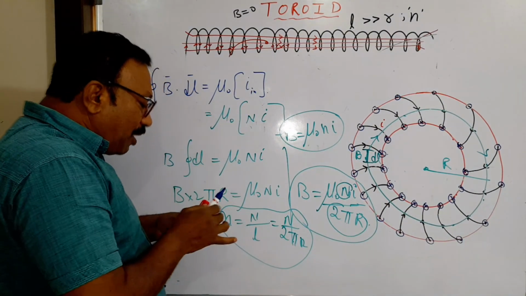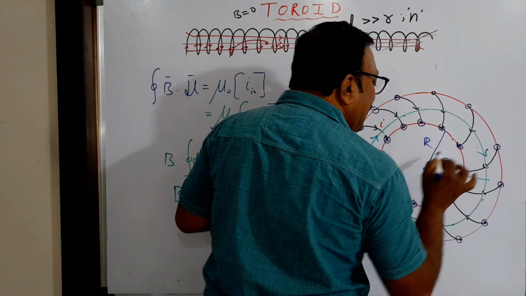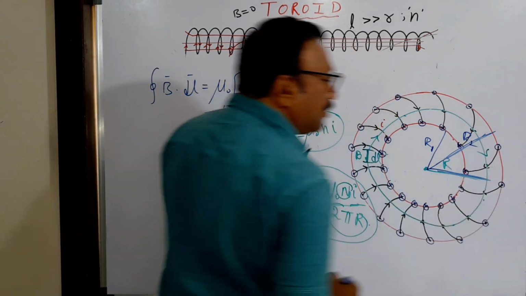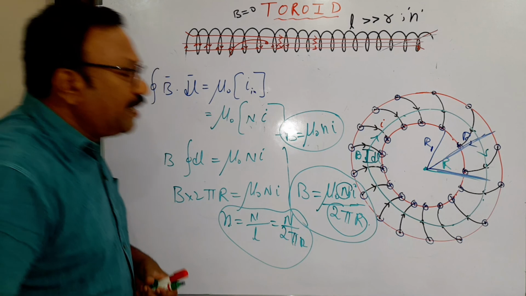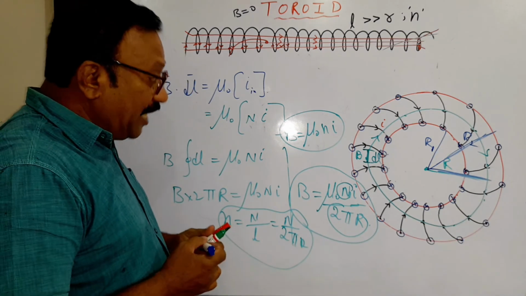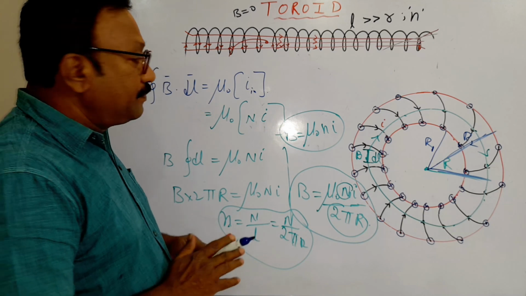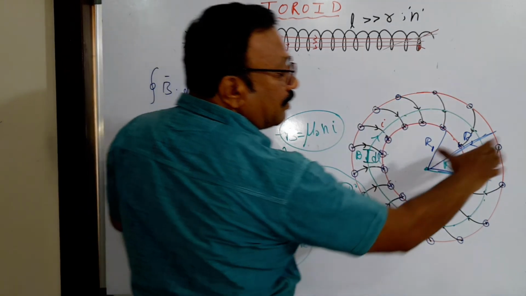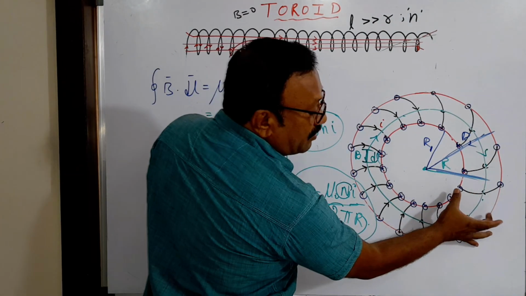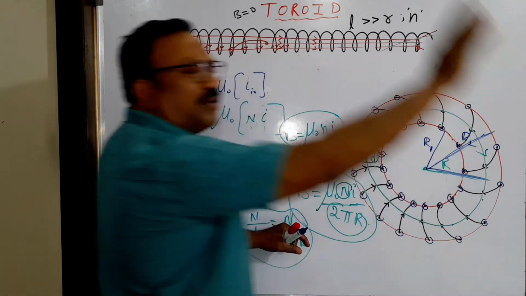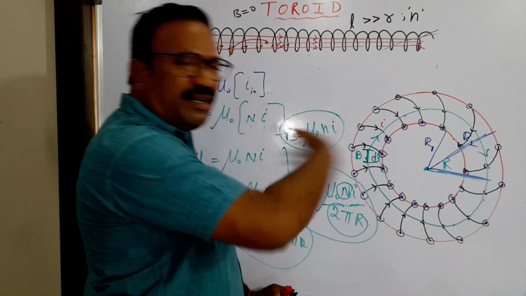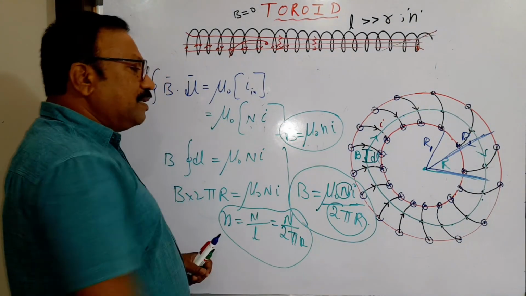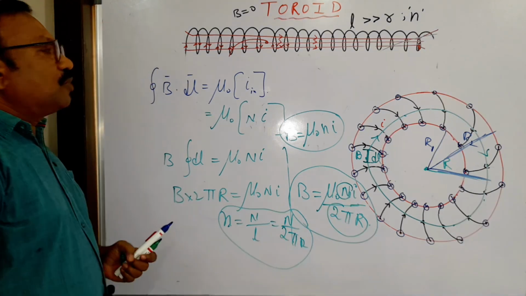Right? So only problem is that you may have a doubt: sir, what is this? You can take r1, if this is r1 and this becomes r2. So you are taking only r. Which is correct? Should I take r1? Should I take r2? Or r? I told in the beginning only that this is an ideal solenoid. For an ideal solenoid, the thickness will be small compared to the length. So this thickness will be small. So r1, r2 and r are all equal, because this thickness is small. This is an ideal toroid. So that is the case here. So this is about the toroid. Thank you.